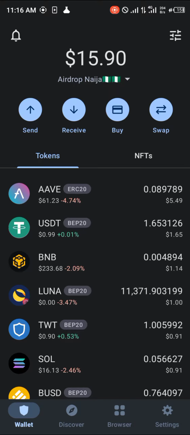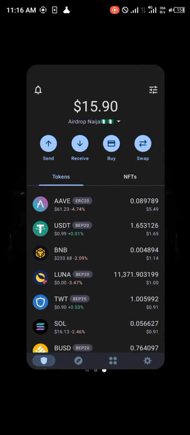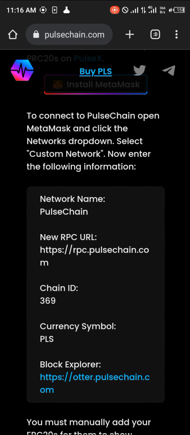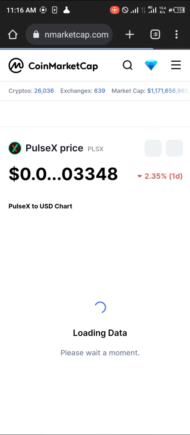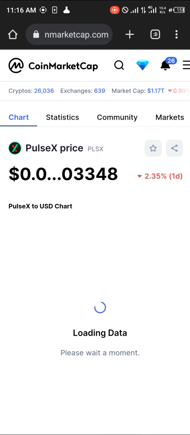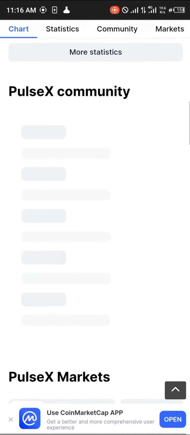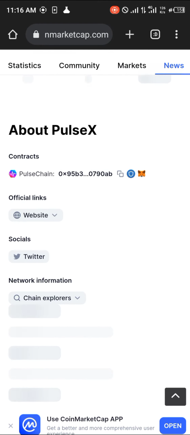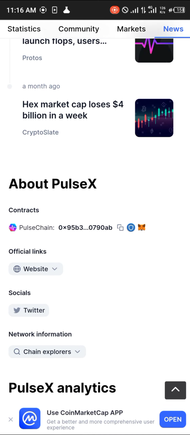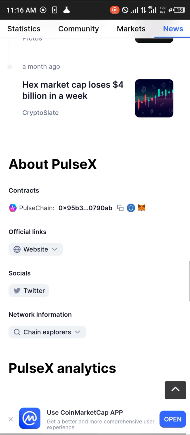So once that's done, to get the PulseX on your Trust wallet, you simply minimize, open up your browser again, and we're going to be using coinmarketcap.com. This link would be in the description of the video for the PulseX. All you have to do is simply scroll down to the bottom of the screen, and once you've gone down, you'd see the about the PulseX, and you can simply copy its contract address,